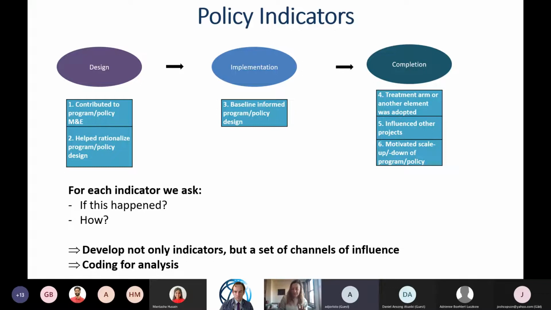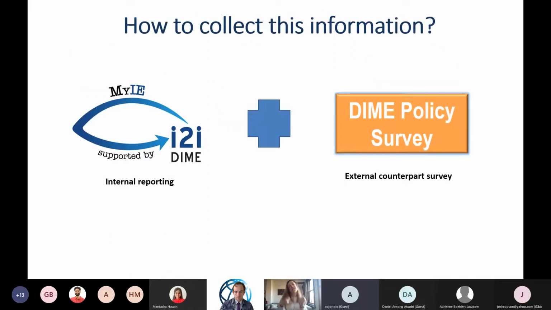So more concretely, this will take a bit more shape, but basically we collect information every year to see how we can influence change. So we do this internally on what we call MyIE, which is a dashboard that we have within DIME. So when I say internally, for example, it's people within our team, such as Dan. And then we also collect information externally, that would be, for example, with you, to see what happened as the program was implemented. What did you understand from it? What did you learn from it? And then we'll put this data together and learn a bit more.